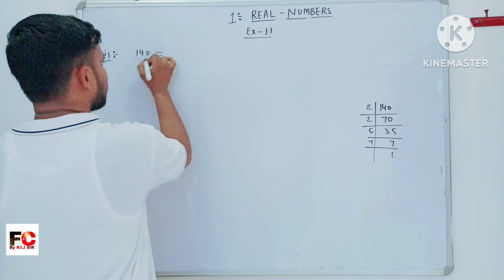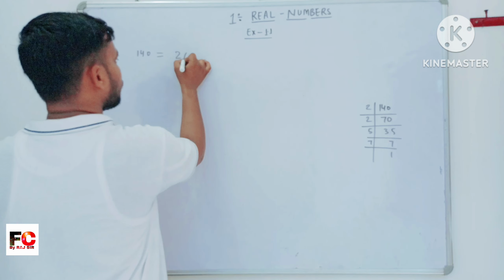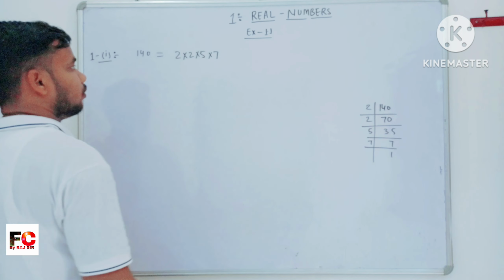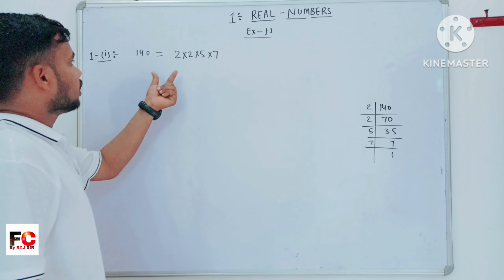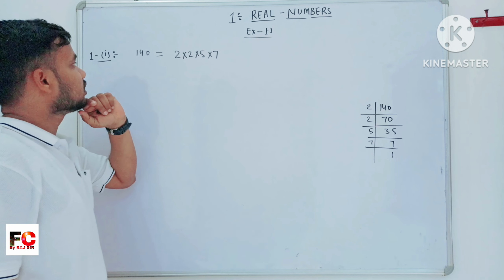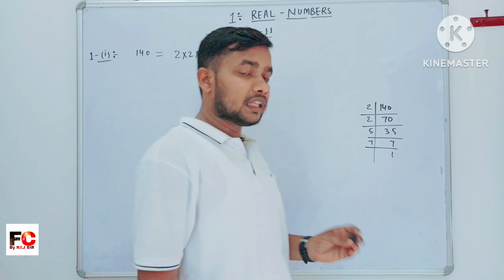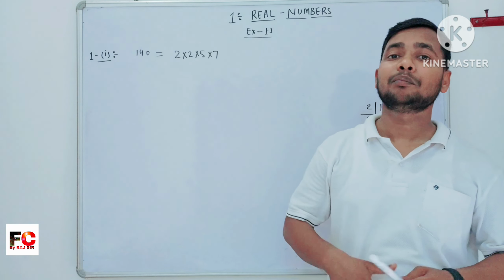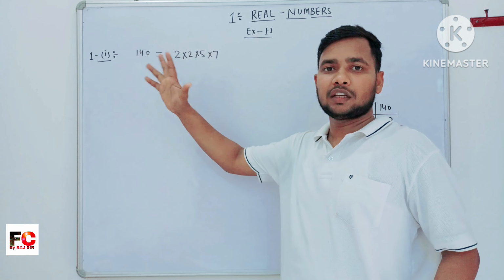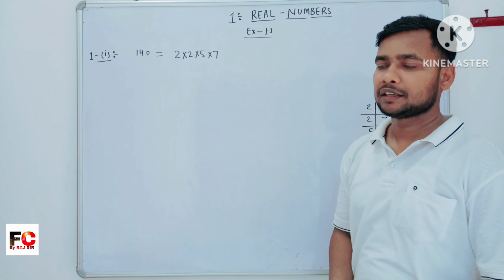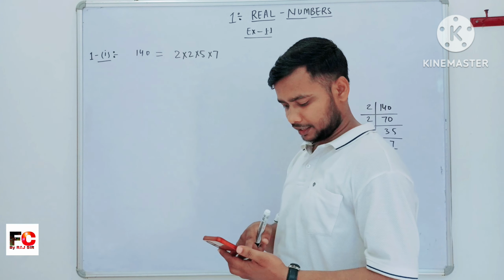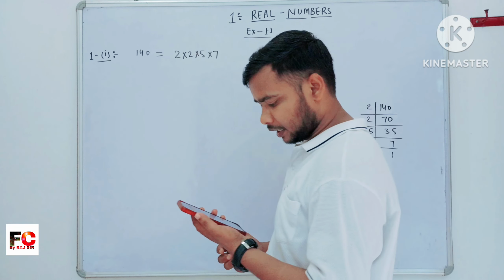So 144 can be written as 2 into 2 into 5 into 5. Okay, if you look here, these numbers are the prime numbers and this is the composite number. Okay, and in this question we have to find only the prime factors of the given number. This is the prime factor of the given number. That's solved. Okay, the next number is, give me 1 second. The next number is